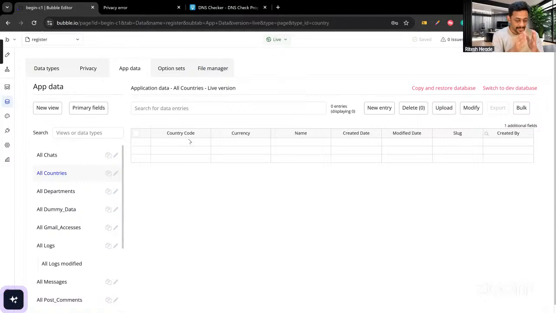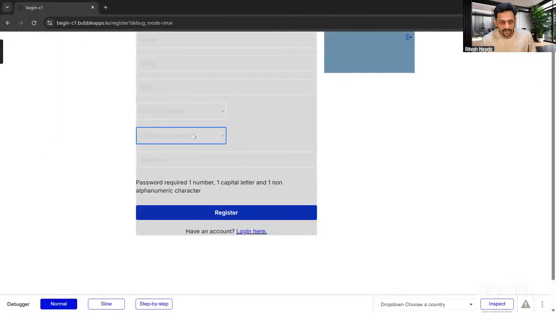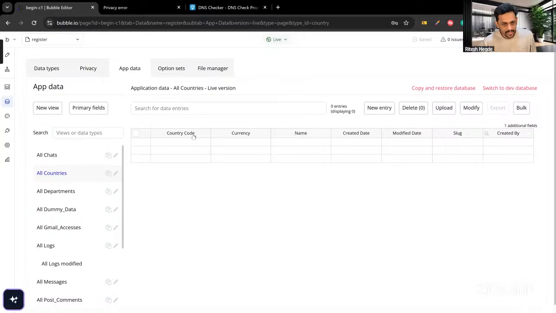And what happens is this kind of data will be lost. Okay. I mean, we don't have the data in the live database. And when people go there and click on this particular drop down or any of the data which is linked to the live database, okay, they will not have anything to select. And they will be like, this is not working. Right. And a lot of times devs get confused as to, oh, I've tested everything, why is it not working now. So once you send the app to live, you have to go through all the database, okay, all the app data, and see if there is any data that needs to be sent from main